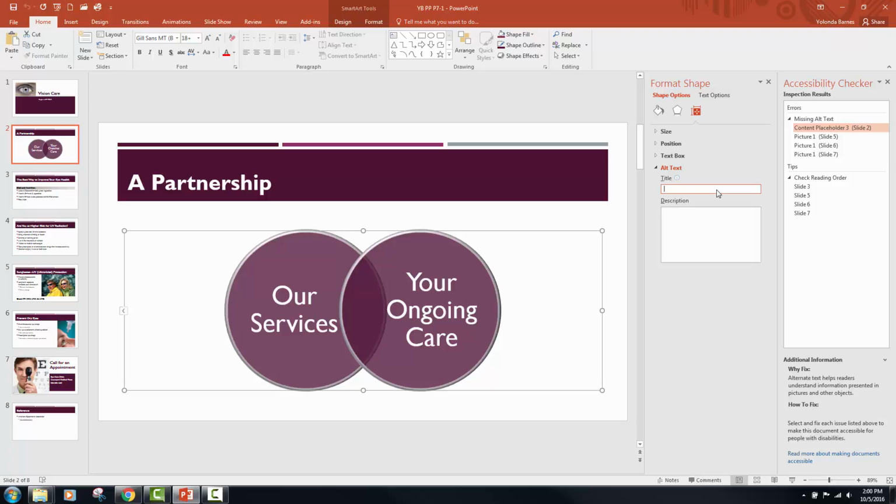It says type the title and the description text shown in the first row of the table in step F. Well, there isn't anything in step F in the instructions. We're going down to actually G. So I'm actually going to skip F at this time. In G, we are going to be typing in the title for this content placeholder 3 for slide 2. We are going to type a partnership